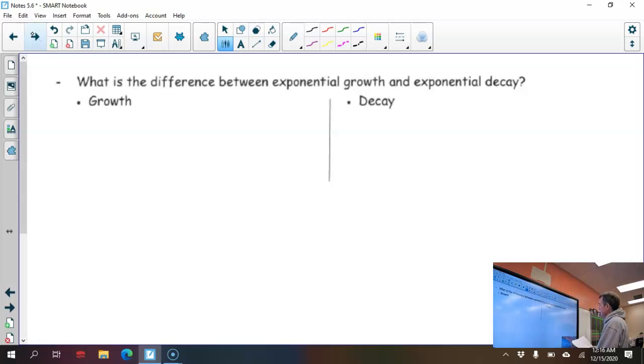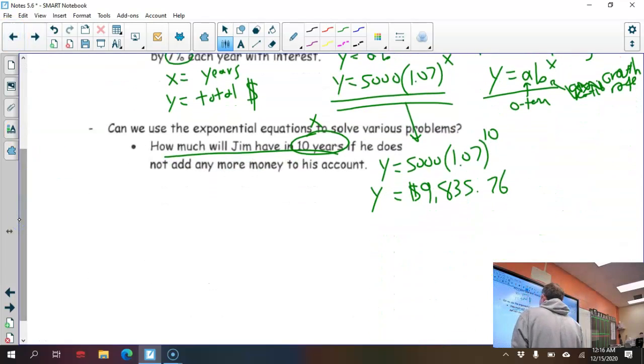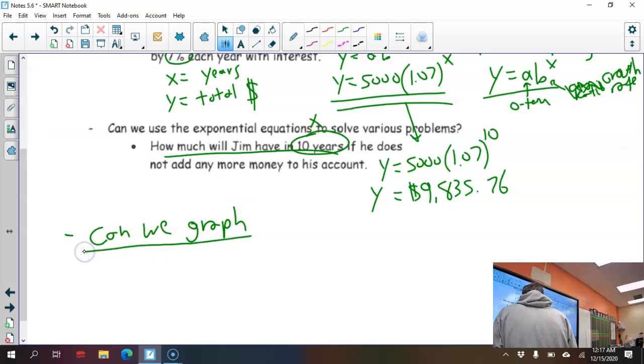All right. And then we're almost done. What is the difference between exponential growth? Uh-oh, I feel like I skipped something. Sorry. Here it is. Oh, no, I just forgot to copy it. It's so sad. So in your notes, can we graph? Boom. Apparently, I forgot to put that on the smartboard. We can,